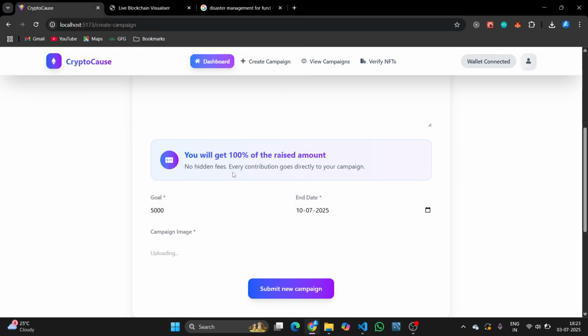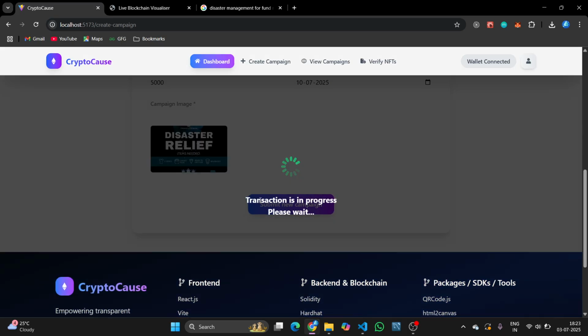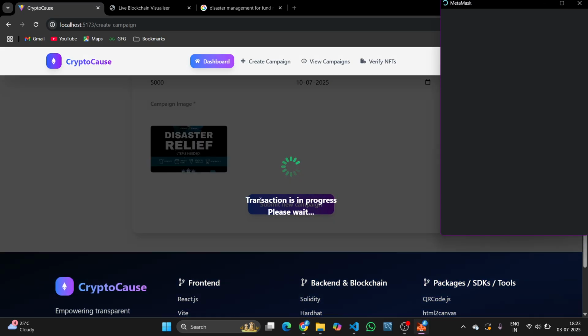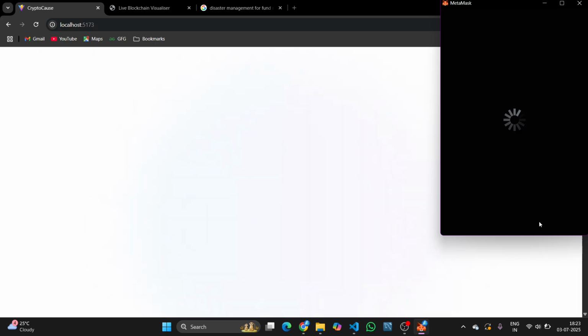In response, it will upload to Cloudinary and give us a public URL. Using that, I'll be able to render the image over here. I'll just submit this campaign. The transaction is in process, and I have to confirm this transaction, making sure that I want to create this campaign. So I'll just confirm now,